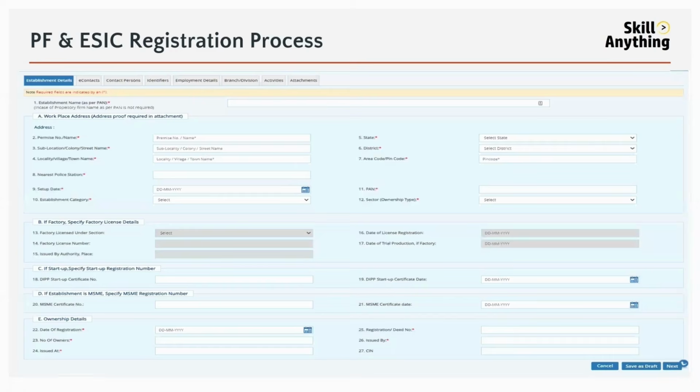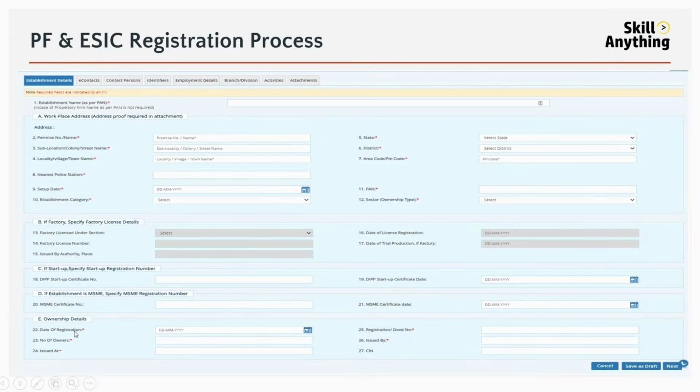After filling that, if you are a factory, then you have to enter the factory details, or if a startup, you have to fill the startup detail. If you have an MSME registration, you have to provide the MSME certificate number, MSME date,